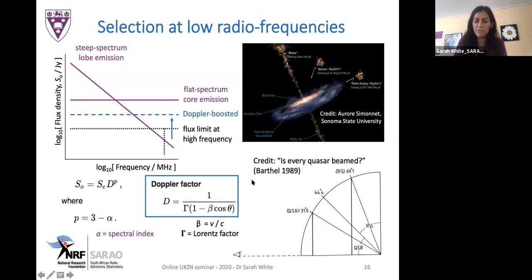It affects hotspots, radio jets, and cores by artificially boosting the measured flux density, because anything that is oriented slightly towards the line of sight has its flux density increased, whereas a radio jet that's slightly pointed away from us is Doppler deboosted instead. So by selecting at lower frequencies, we actually completely avoid this bias that's introduced by Doppler boosting,